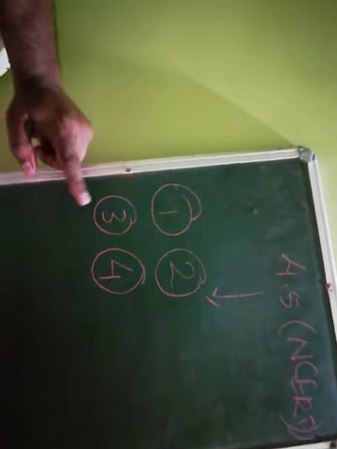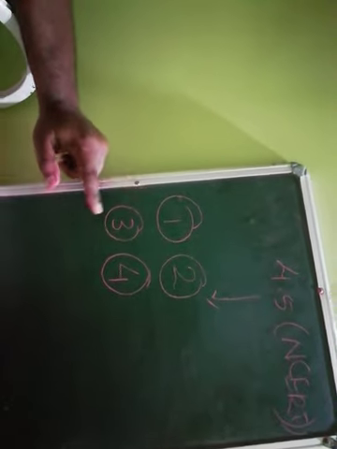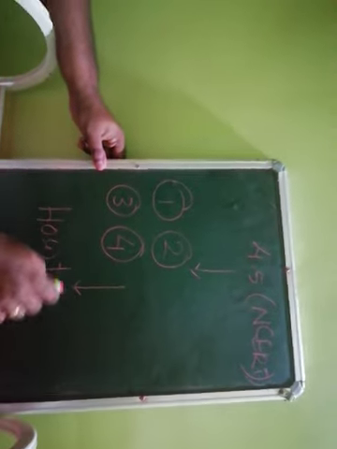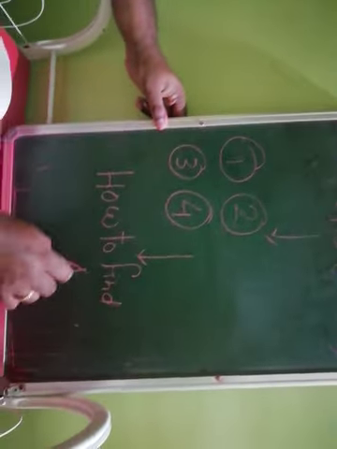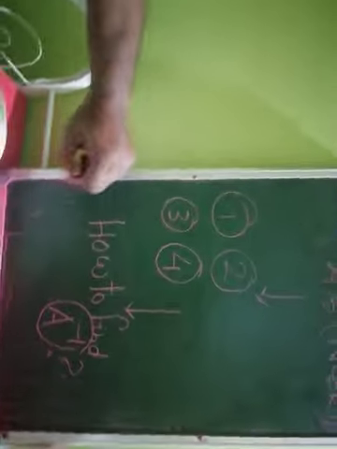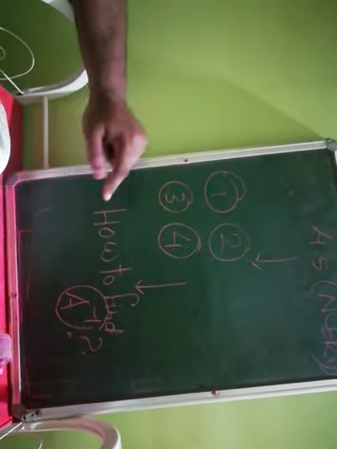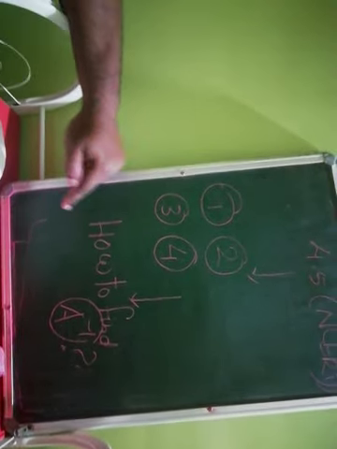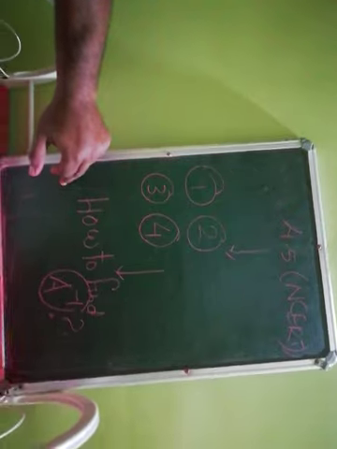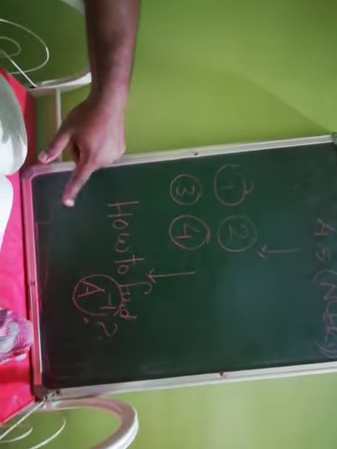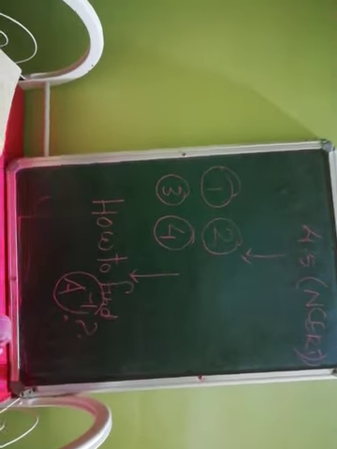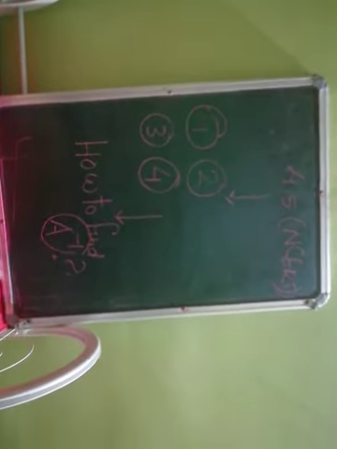In the next session we will see how to find the inverse of a matrix using the formula. Already you know how to find the inverse of a matrix using elementary row and column operations, but here we will see how to find the inverse using the formula which we have derived just now, and then after that we will see the application of determinants and matrices, that is the word problems.